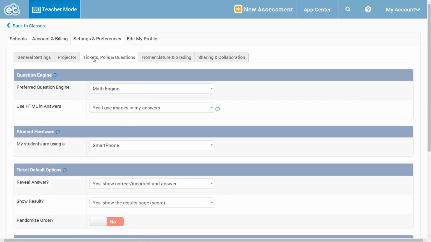In the tickets, questions, and polls, you can customize what type of editor. There's a separate video about how to write in formulas. The HTML,